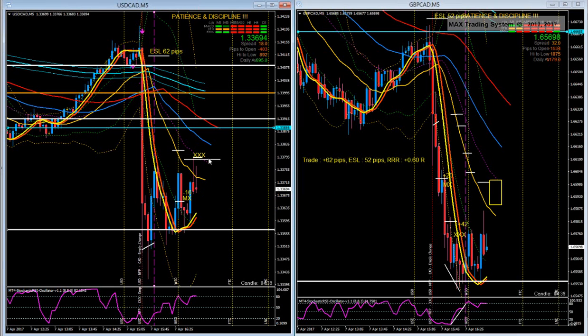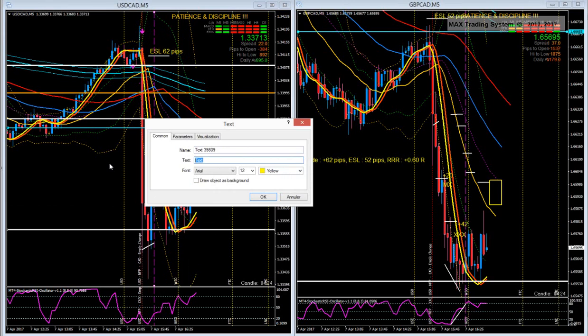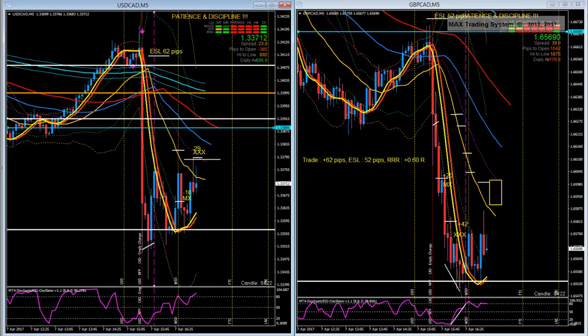So I can take off that level, and I can write here how many pips from this to this. So 27 pips, and the spread to be 29 pips, so minus 29. Giving here a losing trade with a reward to risk ratio. So I have to draw another vertical line here. So we have trade